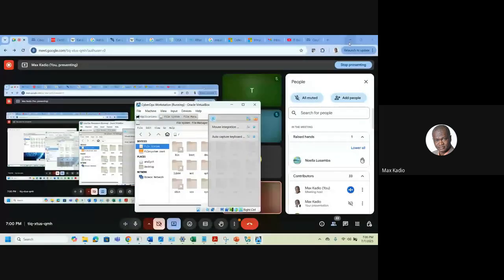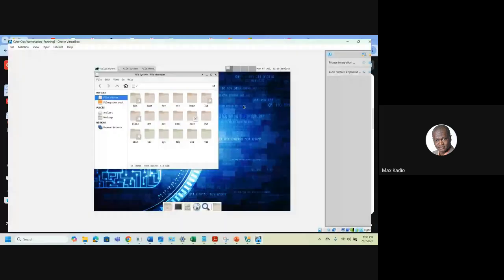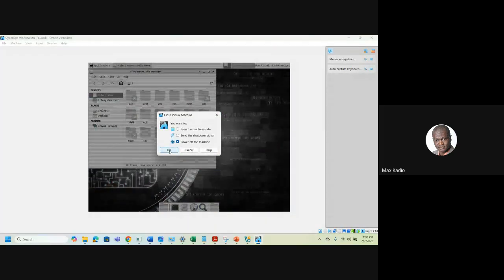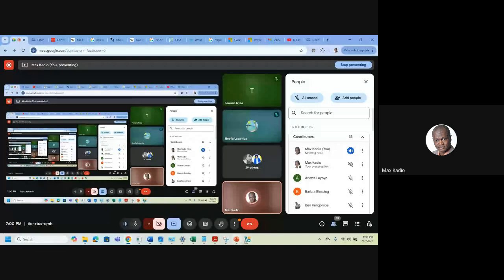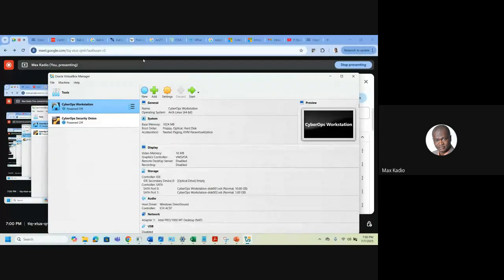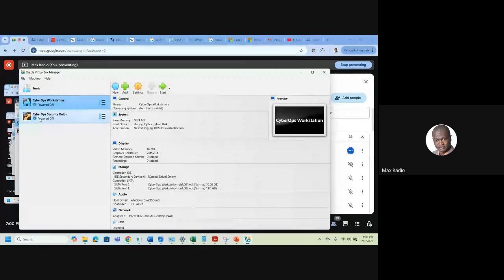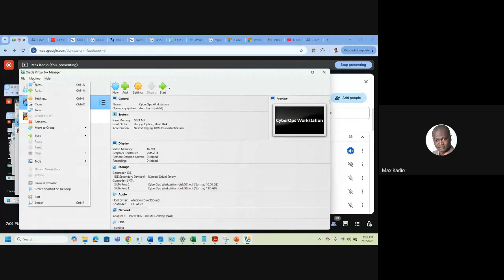and I can shut it down. I can close it if you want, and I can shut it down. It seems like a normal PC. I open again my hypervisor. We have many types. Mine is called Oracle VM. This is another PC. You can create as many as you want. File, machine, new PC.